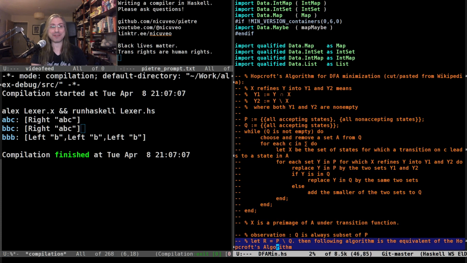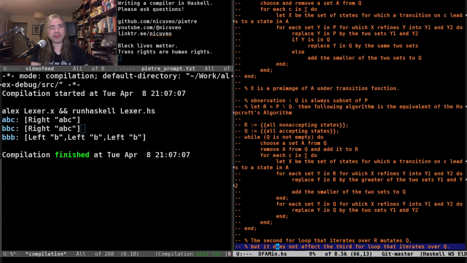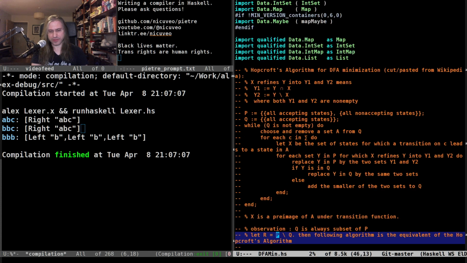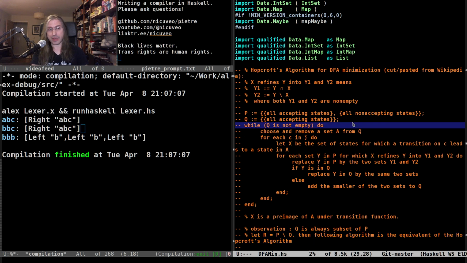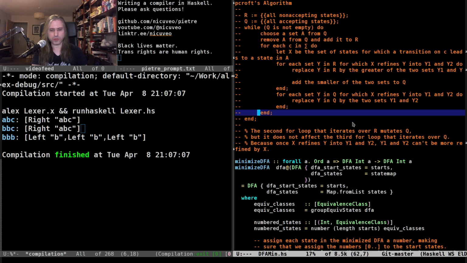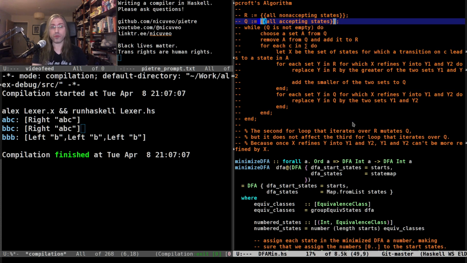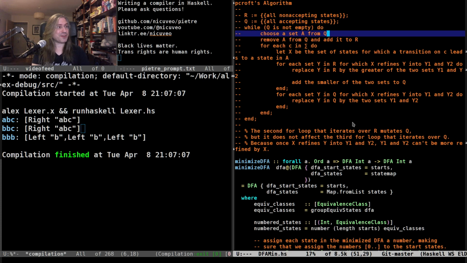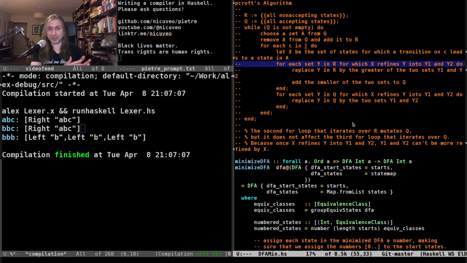The patch was basically rewriting this to not use those definitions of P and Q, and instead reusing the optimization that's here using R and Q, but changing Q to contain all of the states instead of a subset. And it works. So yeah, that was a fun week of trying to replicate a bug in a long-standing project.